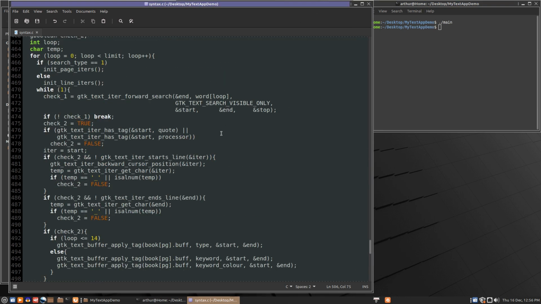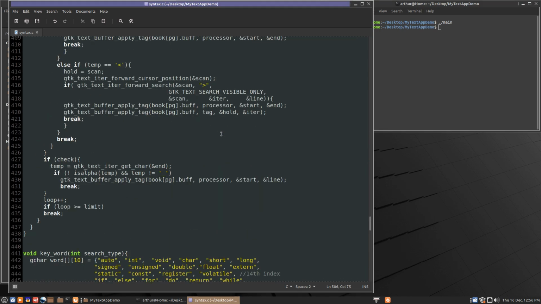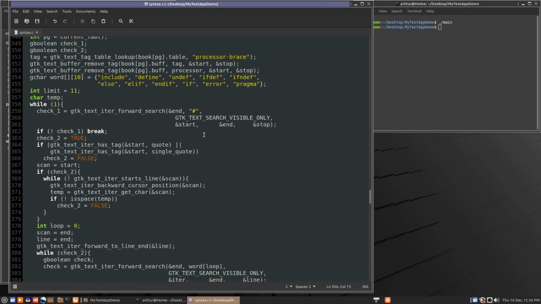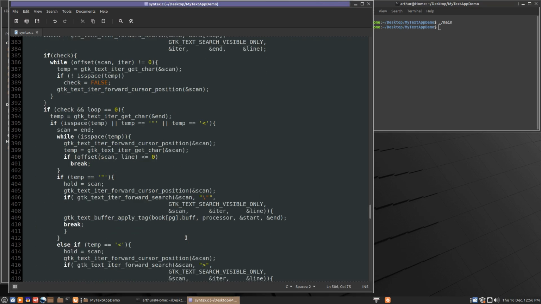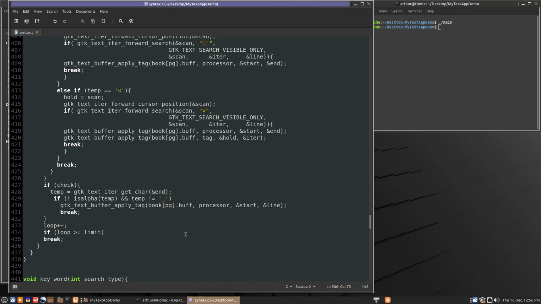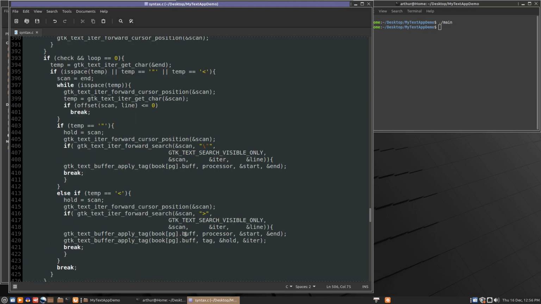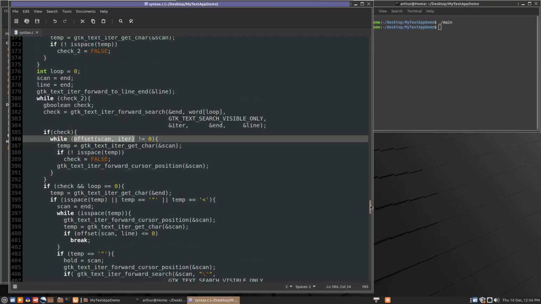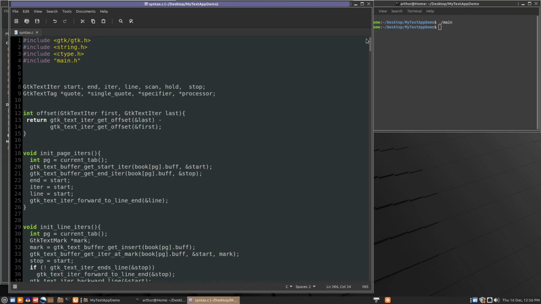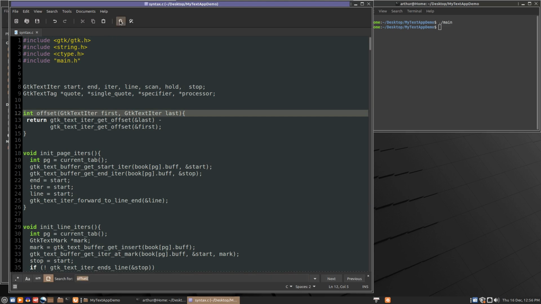So when we were doing a function to highlight the preprocessor directives, we created a new function for getting the offset between two iters, and I mentioned at that time that that function was long overdue, and there's a number of places where that function should have got put in. So we'll actually just search for the function call,